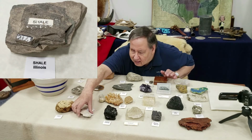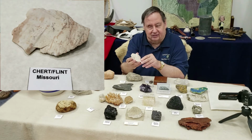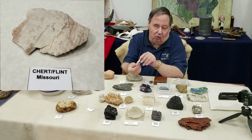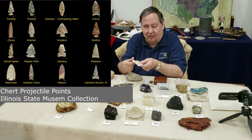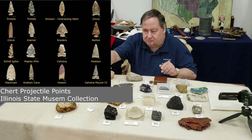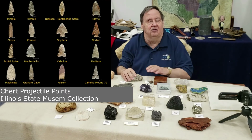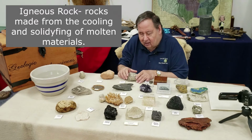Then we have chert or flint. It forms in sedimentary rocks, and when it breaks, it will form a sharp edge, which was used by the Native Americans to make stone tools in this area and throughout the Missouri River. As they headed further west, they got into the Rocky Mountains and later the Colorado Plateau, where they had igneous